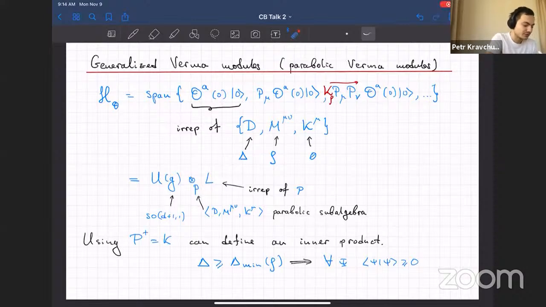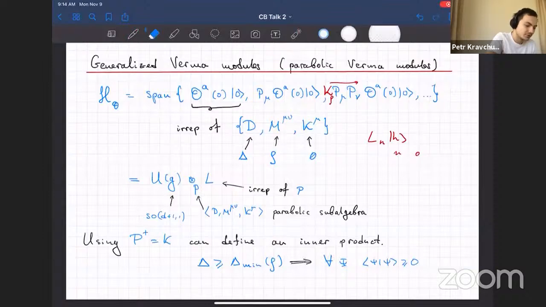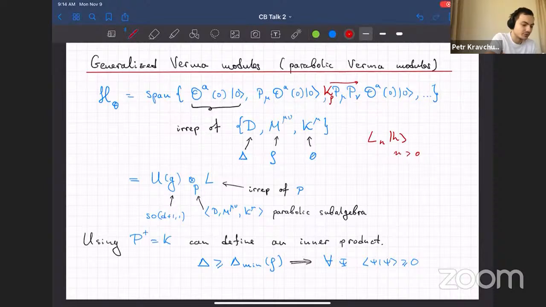This is the case, say, in the representation theory of the Virasoro algebra, because there we just have some state h, which is just one state, annihilated by all L_n with n greater than 0, and L_0 and L_n with positive n form a Borel subalgebra. This is just a Verma module. Here it's more complicated because